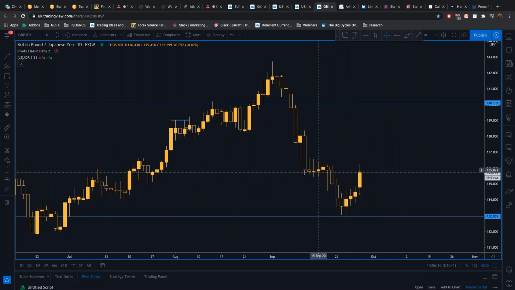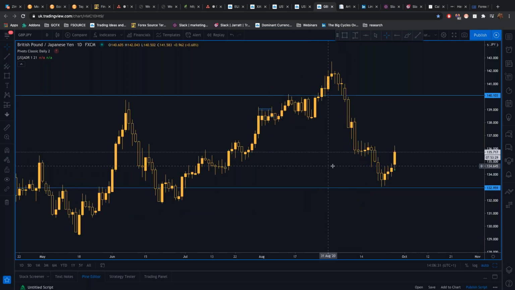Now, it's hard to know what's going to happen, and it's a bit of guesswork here. There isn't a clear direction. So it's always best in markets like this just to stay aside and wait. But as soon as we get some clear direction, then we'll know what to do.